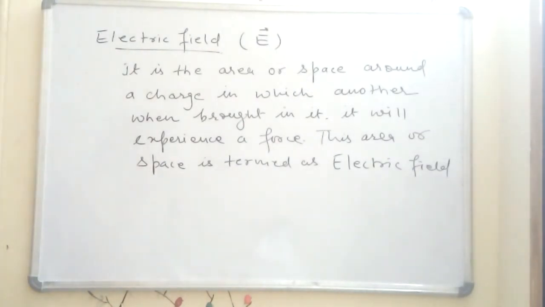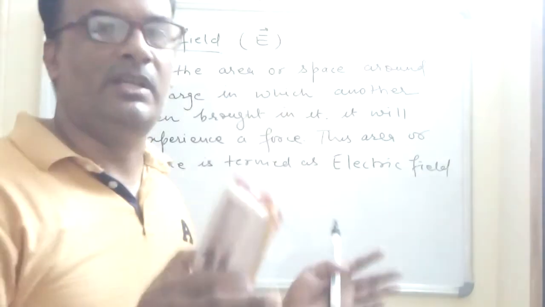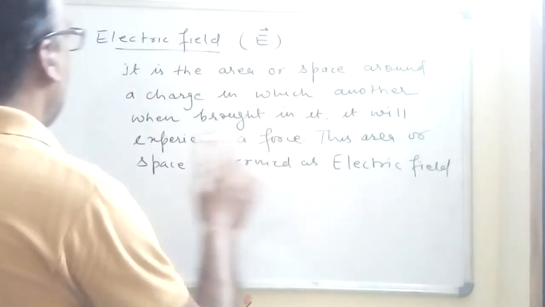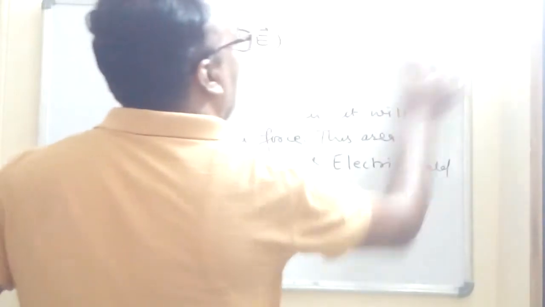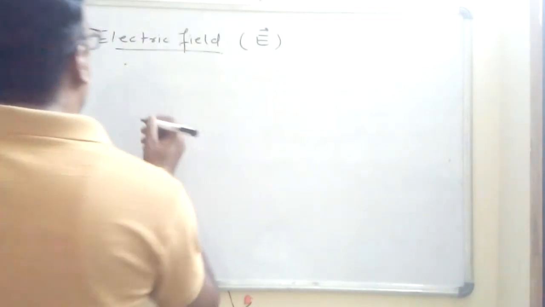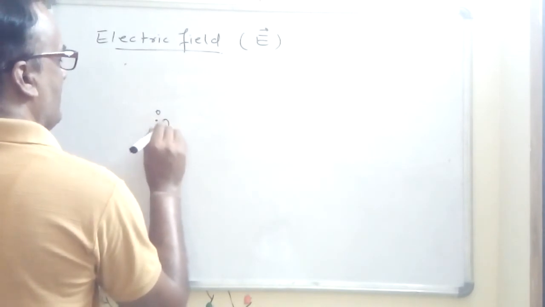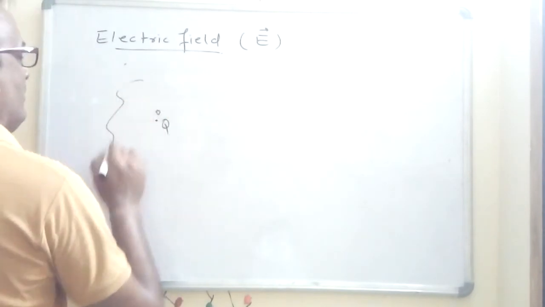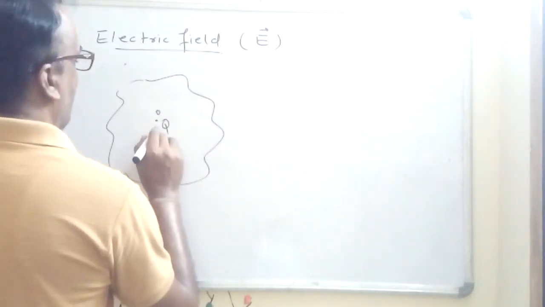It's a very important definition. Now we will see with the help of a figure or diagram which area is said to be the electric field, right? So we have to understand it in a diagrammatic form. With the help of the diagram, we understand it better. So you see, suppose there is a charge Q. This is O, and there is a charge placed that is Q. Suppose this is an area around it.